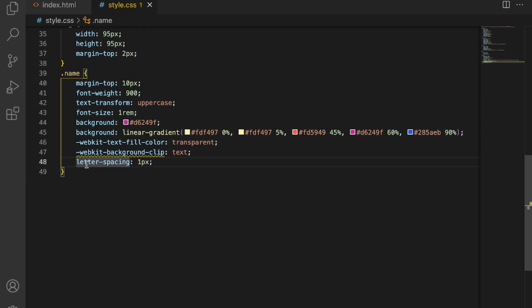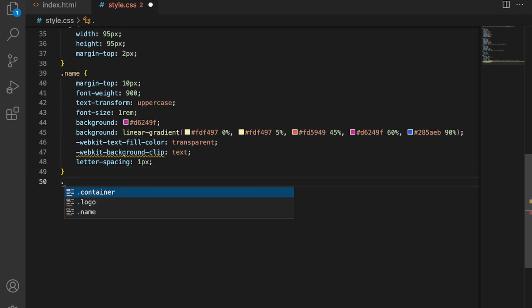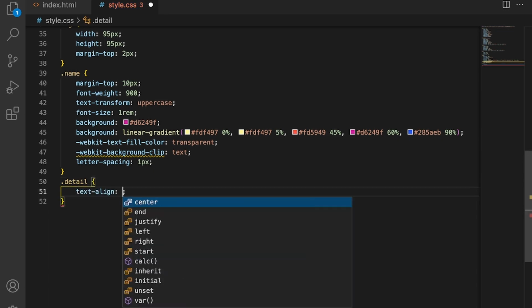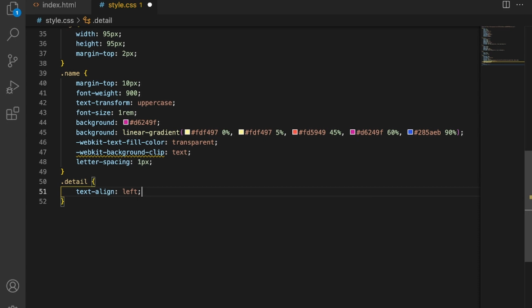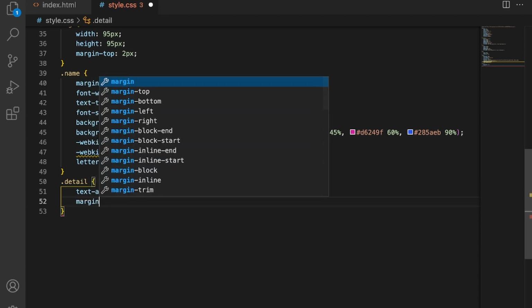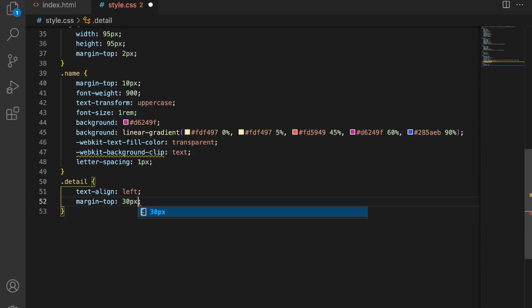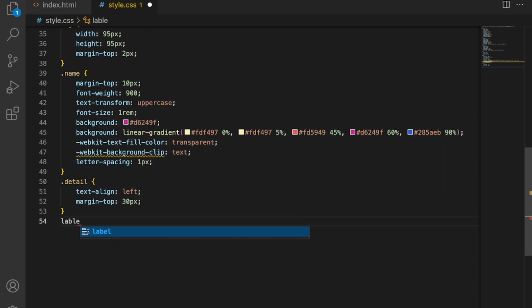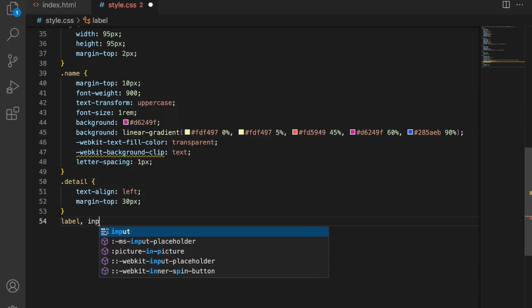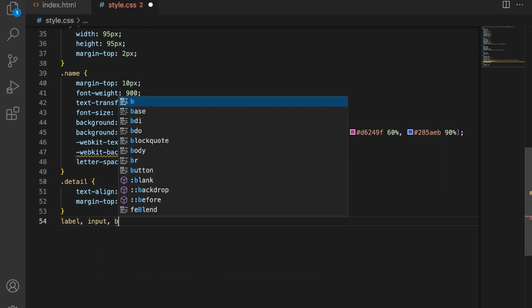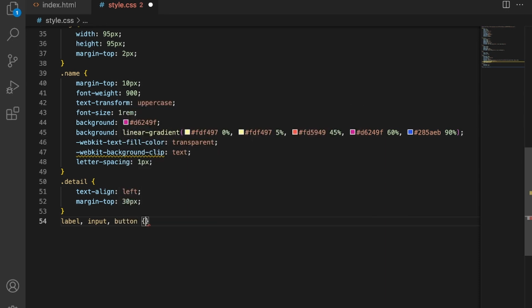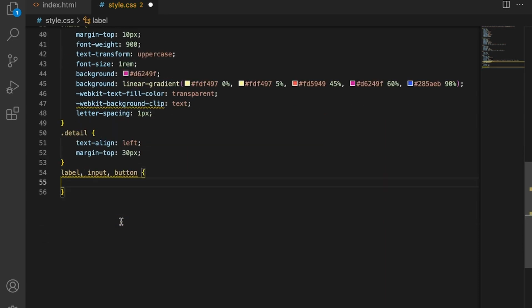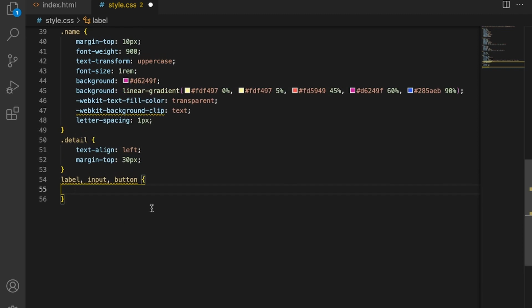So here I will write .details, text-align left, margin-top 30 pixel, and label, input and button. I will write some CSS code for all these three types.